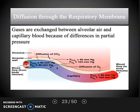Which brings us to exchanges of gases generally. There's a concept called partial pressures, and I think my thing is